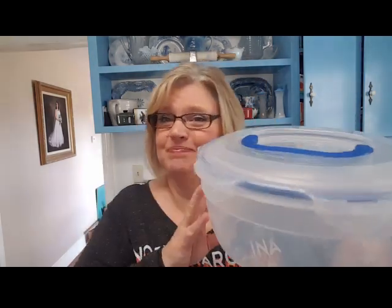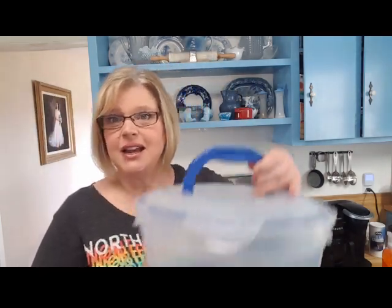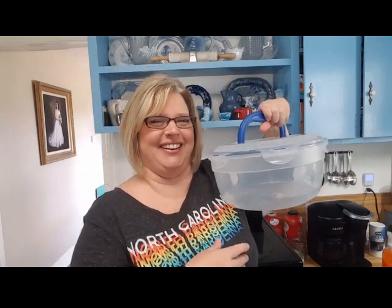But first, y'all, I've got to explain my ignorance the other day. When I opened up a gift from you guys, from Miss Jean White, she sent it. It was a nice big box and I was so excited. And I got this out. And I think this is what I said. I think it's an upside down cake carrier. I even told a story about my cake falling out of a Tupperware type cake carrier. But,